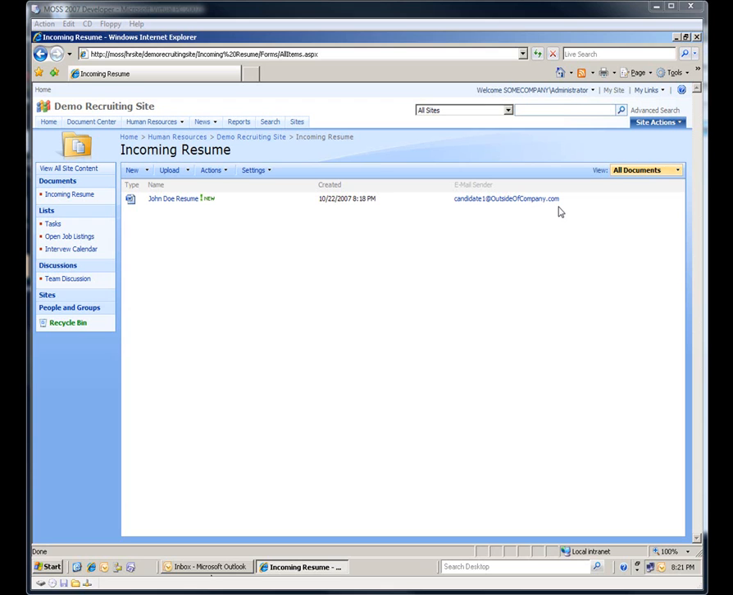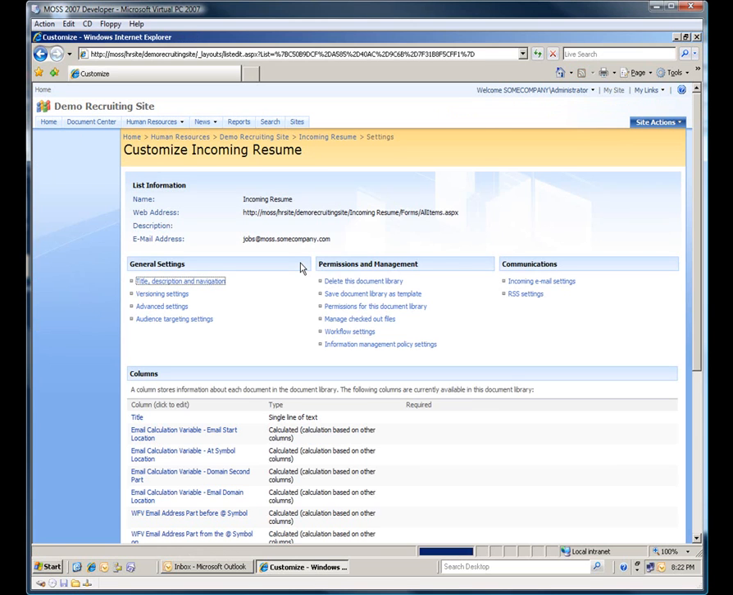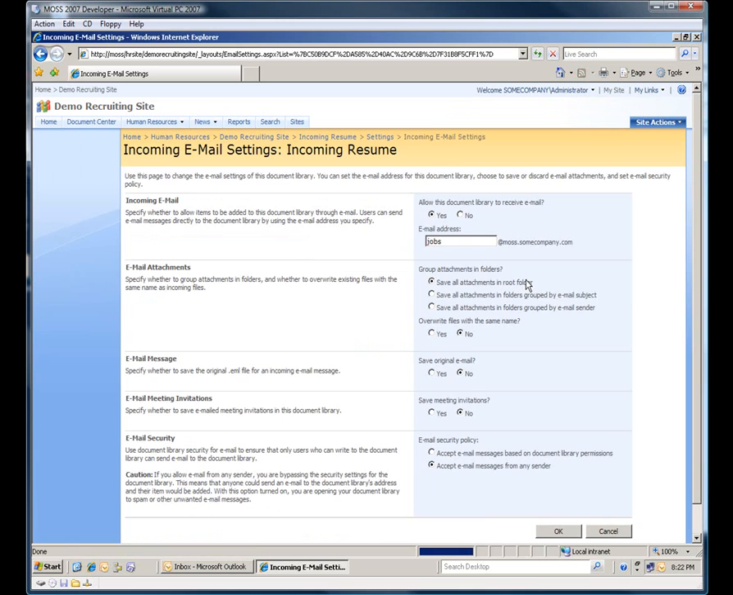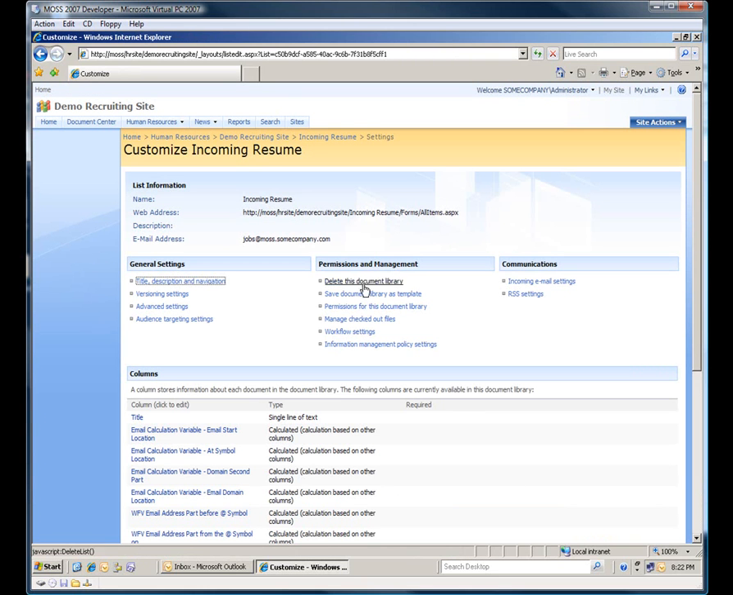Okay, so now that we've got the simple how to handle incoming email, let's go ahead and change one of the settings for the list. So I go back to my settings here, go back to the incoming email settings, and what I want to do this time is I want to actually keep the email message that went along with the attachment. Before, as you can see, I have the attachment, but I don't have the actual email. So I go ahead and save the original email, hit OK, go back to my list here,